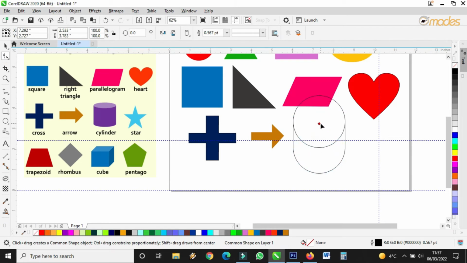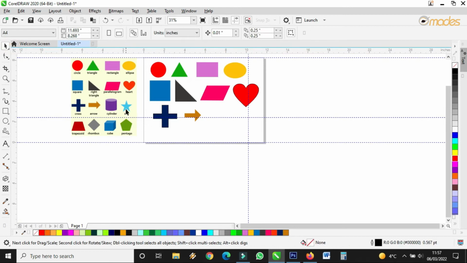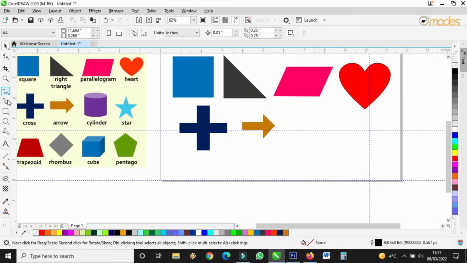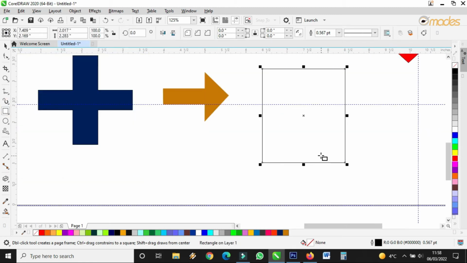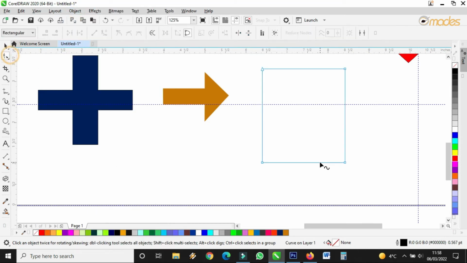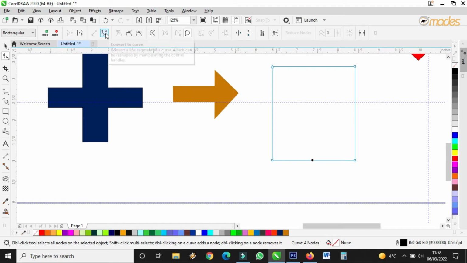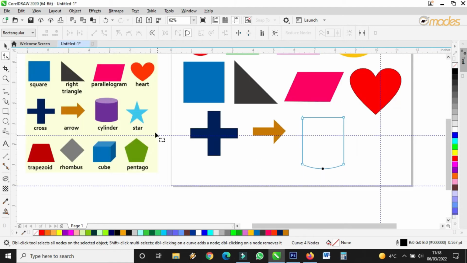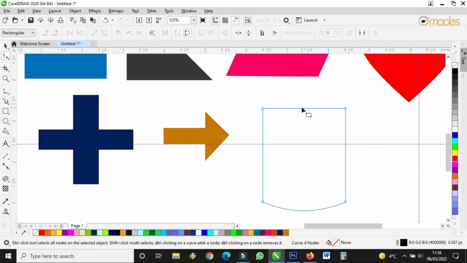Let's see. You see? Yeah, so this is cylindrical shape, but this one is different from this one. So let's draw it as it is shown here. Take the rectangular to draw this one. Then come to object, convert to curves. Then go down here. Okay. Click here once. Convert to curves, and you hold in between here and drag it down, okay, to get this shape. Okay, yeah. Then you drag it down again here, one click here,